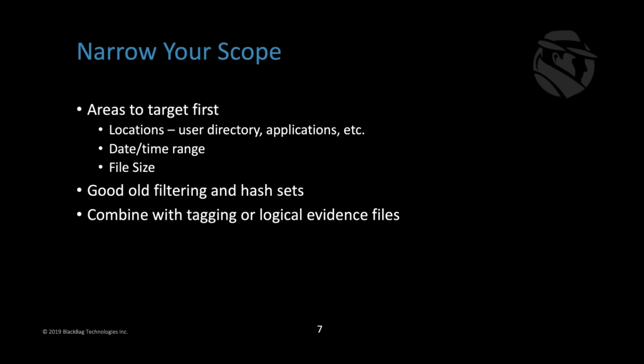All right, so the next thing we want to do is narrow down what we're looking at. Traditionally, this has meant filtering, maybe some hash sets. We're going to show how those methods work. This is trying to focus your attention not on the whole drive or the whole set of evidence, but really looking in on a specific area. So we're going to show just some basic saved filters. I'm not going to build all of these live, but we're going to show how that works and how you can make sure you're using your hash sets to exclude anything you already know is on an operating system. It's surprising how much that actually impacts the amount that you're working with.